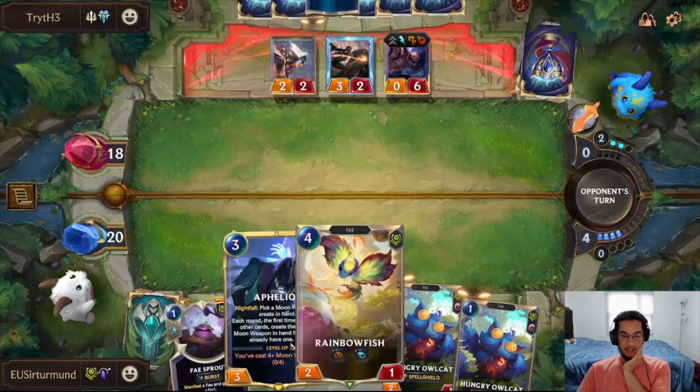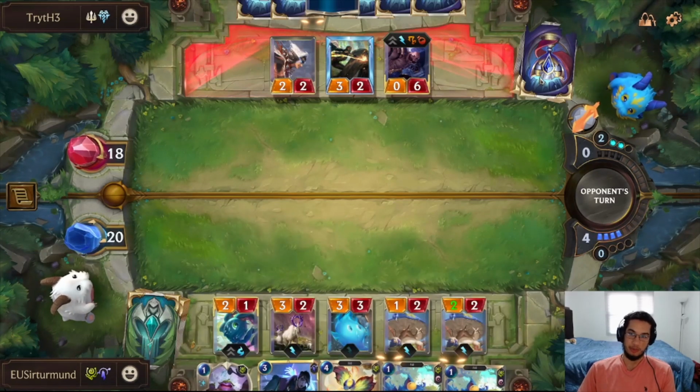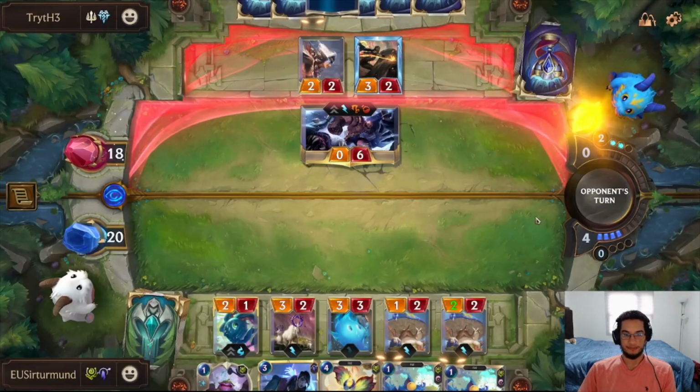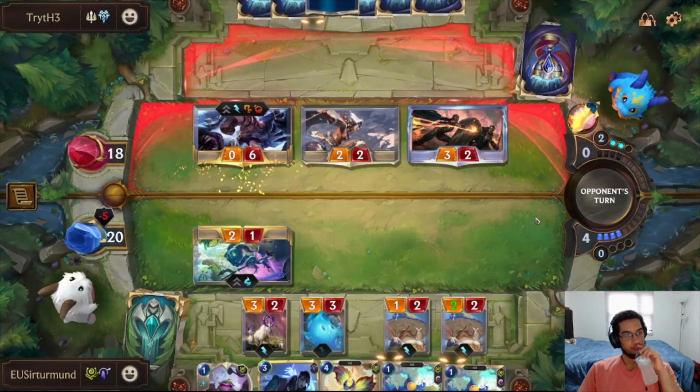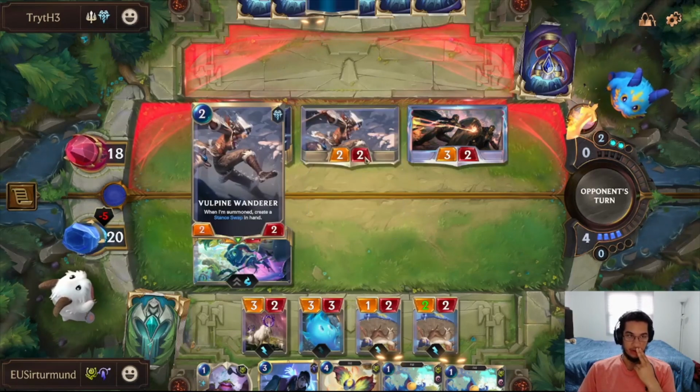And like we talked about, now we can do the Aphelios, right? That will give us access to start removing his board and remove some blockers, especially the Mighty Poro. And he's gonna even give us the trades right here. Now, he could have...